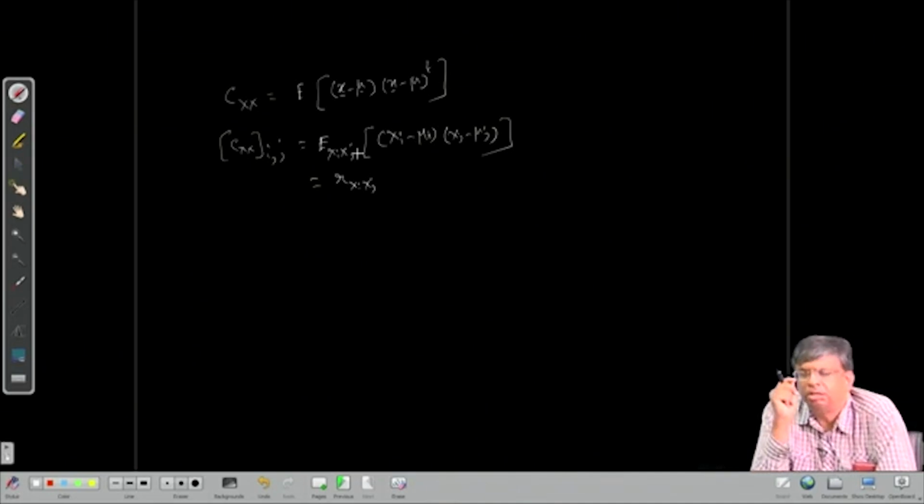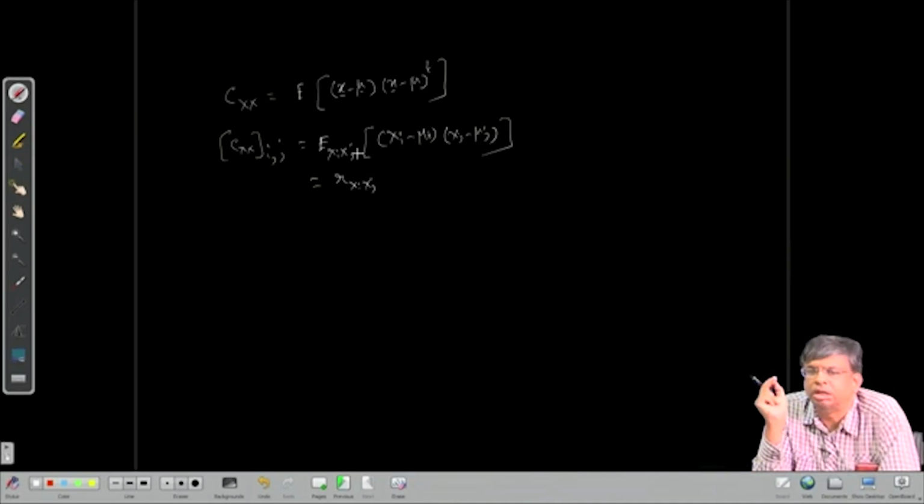Now, I had told earlier that if a set of elements are statistically independent, we can show they are uncorrelated. That is, the covariance between every two elements there will be 0. But the converse is not in general true. That is, if a number of variables are given to be uncorrelated, that is, covariance between any two is 0,